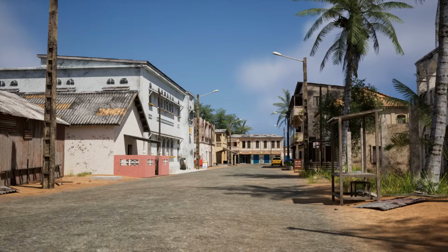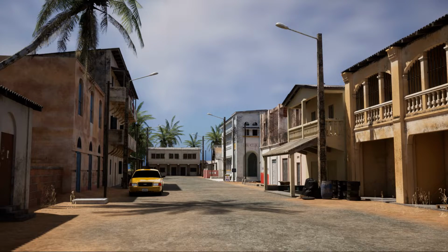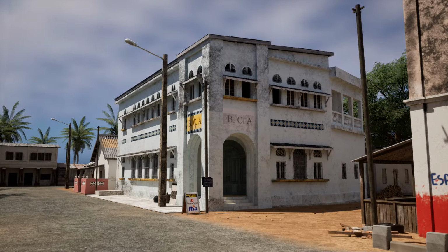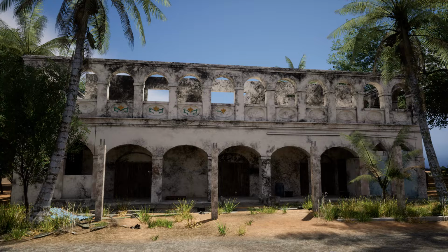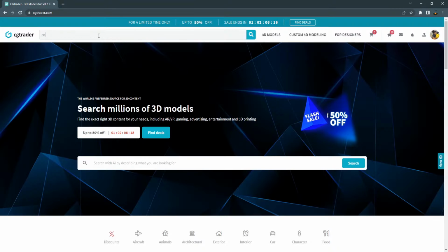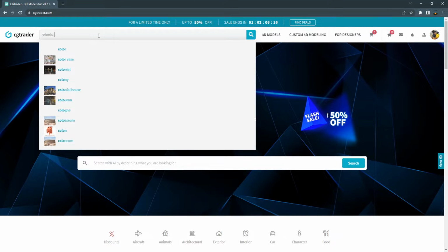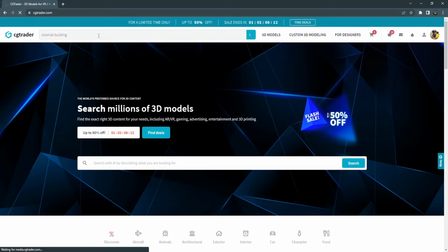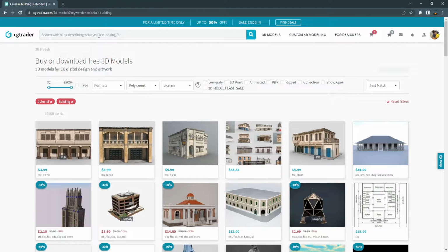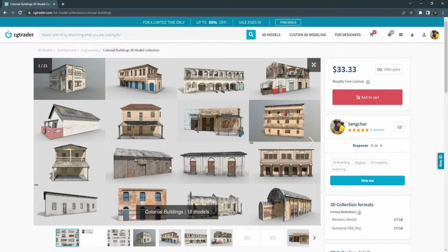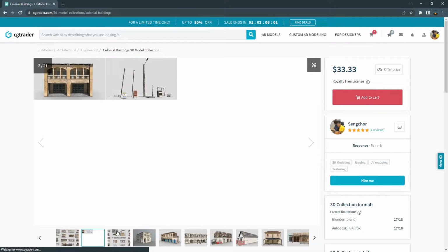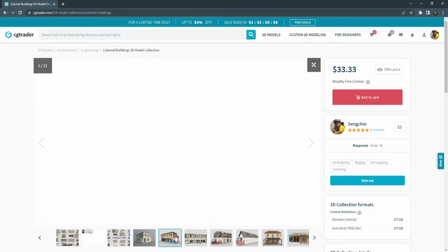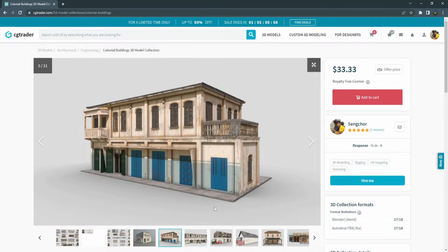In this video, I am going to take you through the process of creating a tropic town environment with stunning lighting and details. This is a collection of high-quality building assets inspired by the colonial architecture of West Africa. I use Blender to create the realistic 3D models and Substance Painter to add the fine detail and textures.